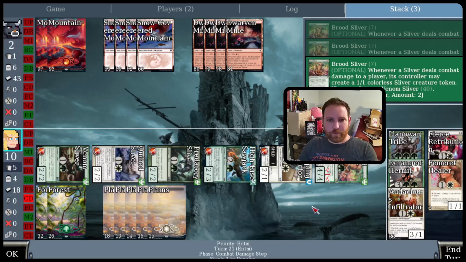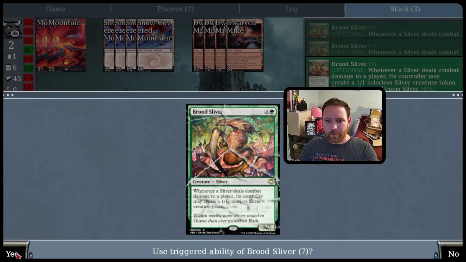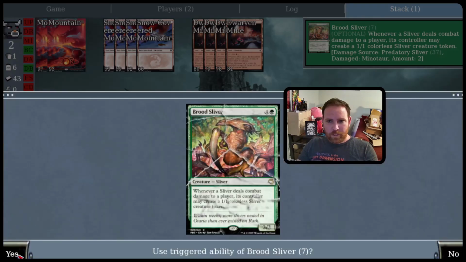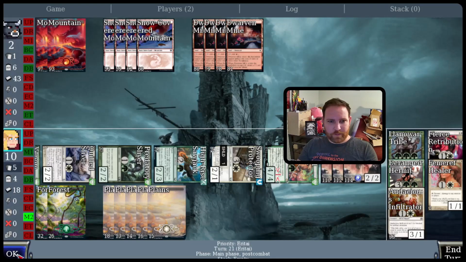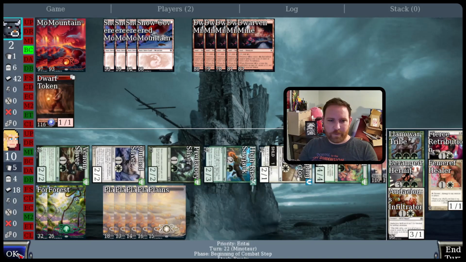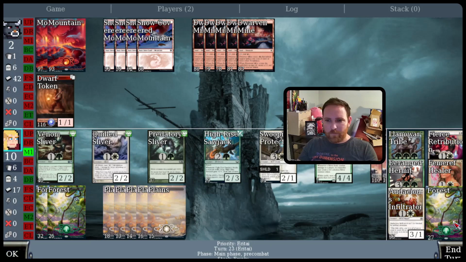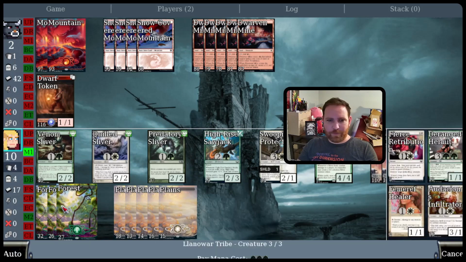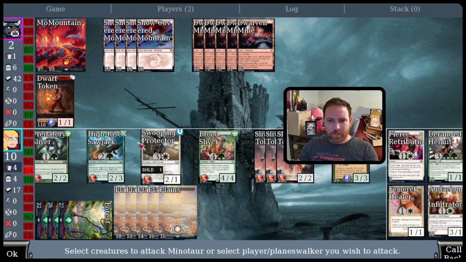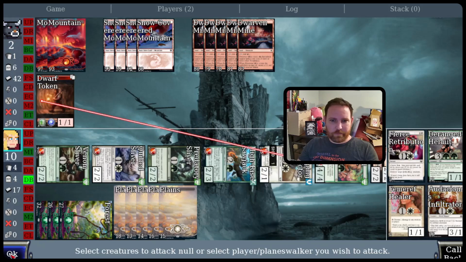Oh, just 1 per hit. So I get 3 slivers? 4 slivers? Or maybe they blocked the Brood Sliver. Yes, use the ability. And they all get the buffs of all the other slivers. So things are wild. But my opponent's at 2, so the game will be over momentarily. I got 3, so I'll go ahead and play Llanowar Tribe. I could have played something last turn. I could have played like Deranged Hermit, Sun Hermit. Sometimes you just don't. But anyway,